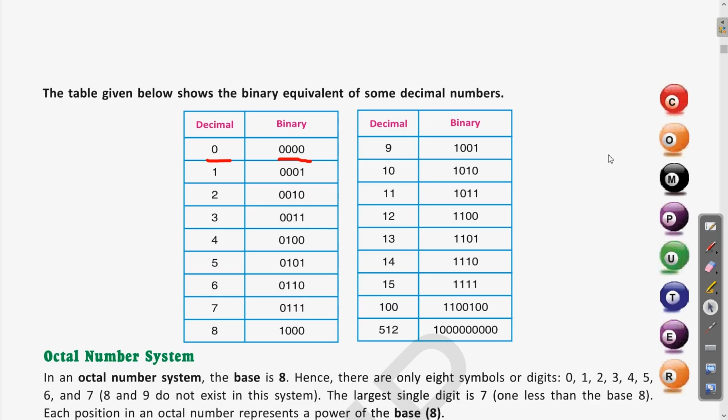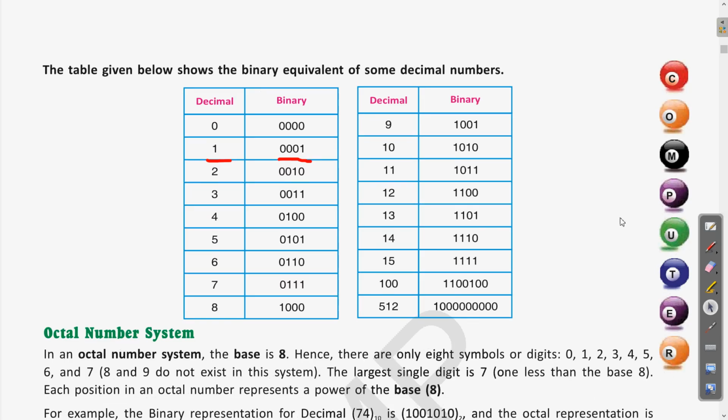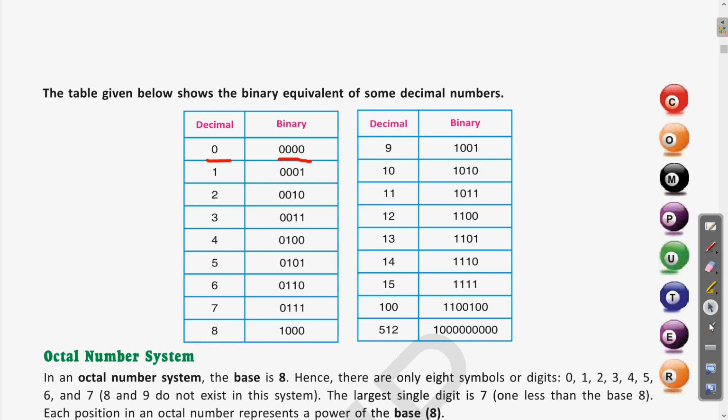Now come back to the textbook. Okay, so this way we have seen all of these numbers, how to write these numbers in their binary equivalent. Clear? So using both methods you can break this, or you can do the successive division. So as homework you can do a few of these numbers, like this 100 and 512, how to convert this into binary. Just use the approach we have seen. Okay, so the answer is written here, but the process you have to do on your own. You can use either of the methods we have just seen.